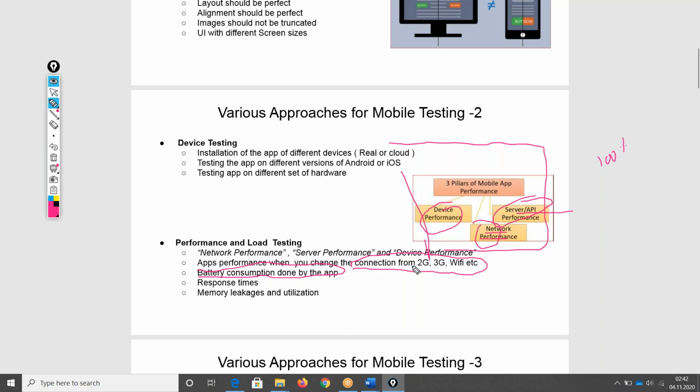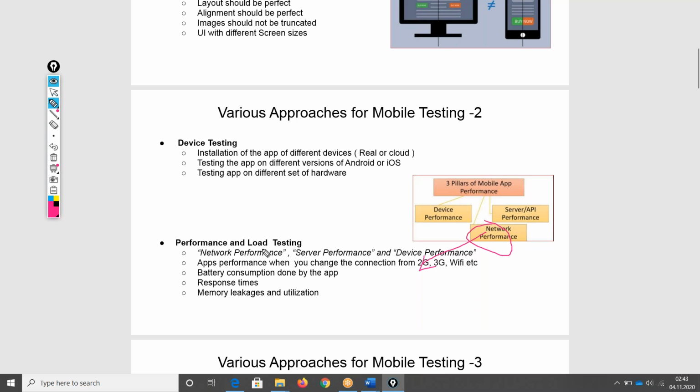bandwidths. So probably, have you encountered some crowd testing platforms, where they ask people to test the app? If you are a part of these crowd testing platforms, you have seen some requirements. They are saying we need testers who have this kind of bandwidth, and that's a kind of limitation. So they are saying we want testers who are still using 2G and can use the application on this particular amount of bandwidth. So why are these kinds of tests done? To test the performance of the application over the network, and all these things come under the hood of